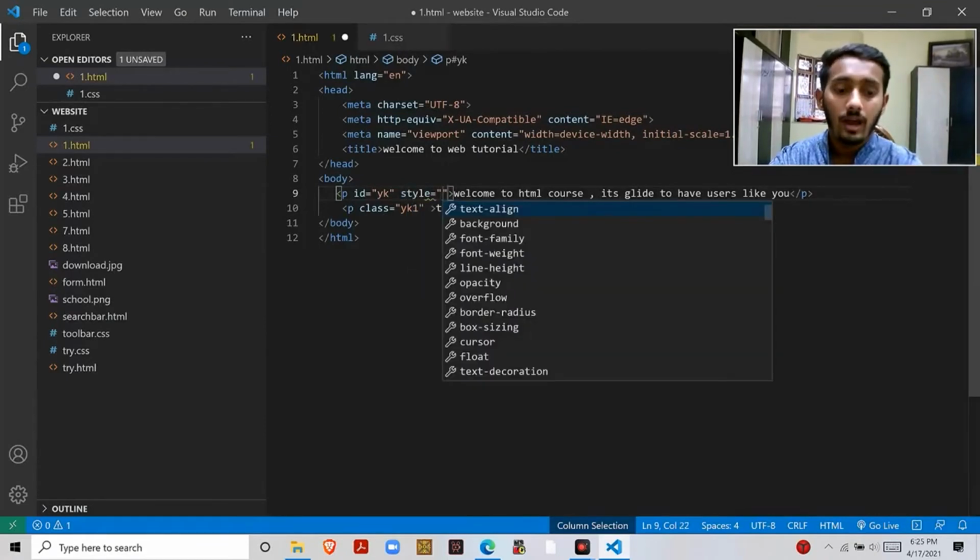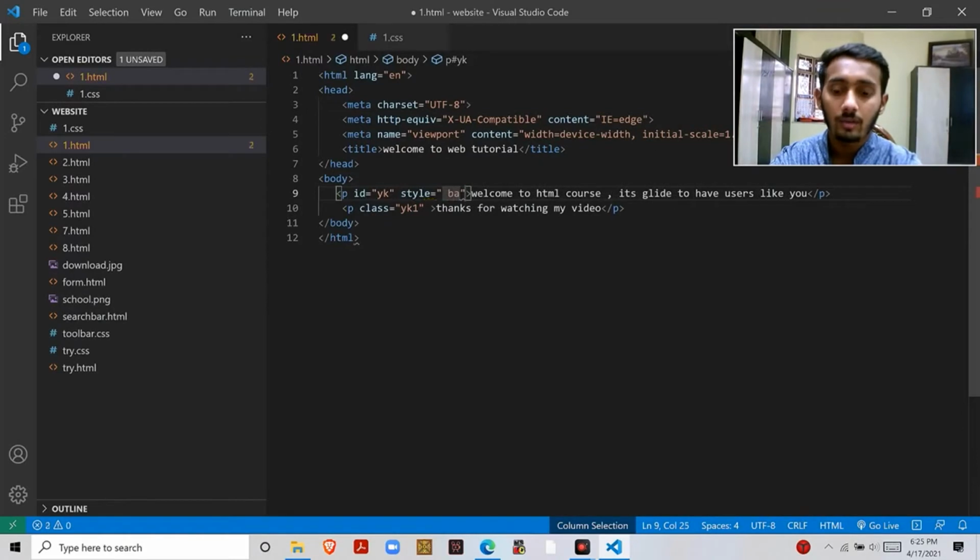In that we have to first take background color. Okay, first we will align the text.